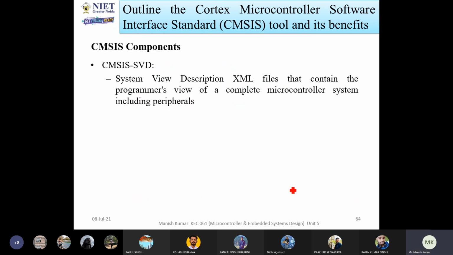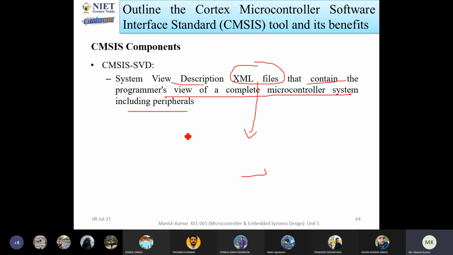So when we are talking about the system CMSIS-SVD, that is called System View Description. It is an XML file that contains the programmer's view of a complete microcontroller system, including peripherals. Within these XML files, the programmer will show you information about what type of microcontrollers and what type of peripheral devices are being used.